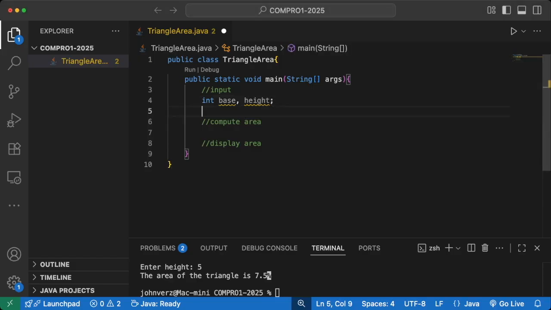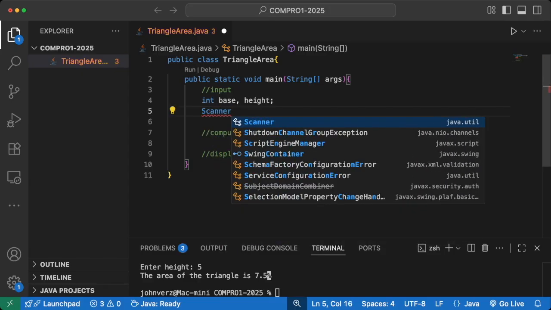Next, I'm going to input the data. Last time we were content with entering a fixed value, something like that. Now I'm going to teach you how to allow the user to input a custom or dynamic value. I'm going to need a special type of data, a class data type to be exact. It's called the Scanner. That's located in a different